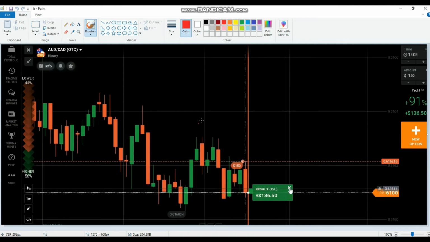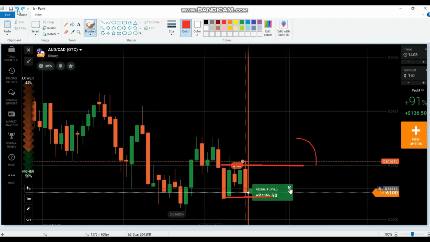Now I'm going to tell you why I placed a put option in this candle. Here we can see that the market is between these two areas, right? And also there is a round number here. We can see the market is respecting this round number. Here also it's respected. Here also, when the market came to this area, it was again a bullish entry.